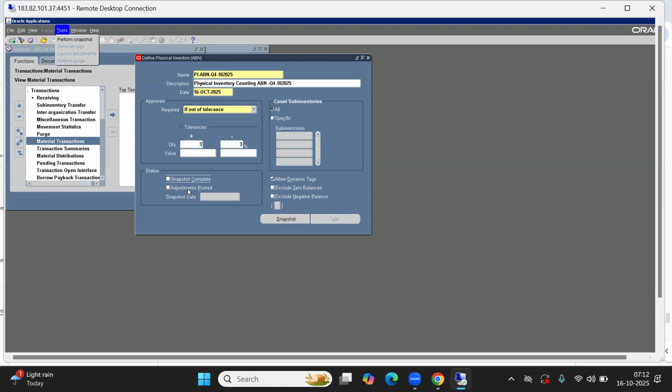At the same time, you will see the material transaction created in the MMT table. When I say MMT, MTL material transaction table means the material transaction form. Here it is. In this form, you will see one transaction, again depending on how many items and